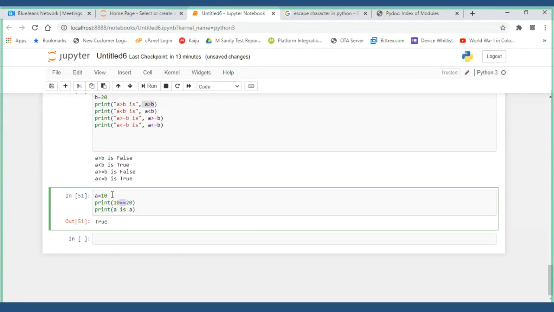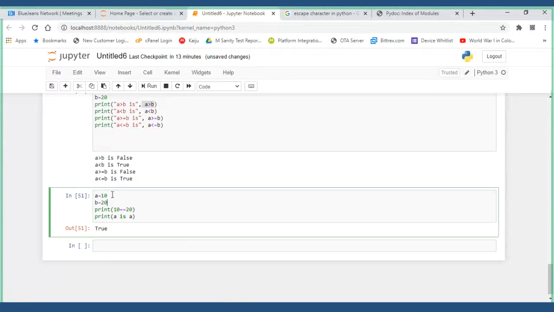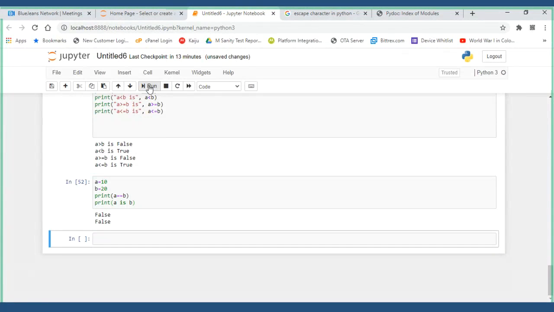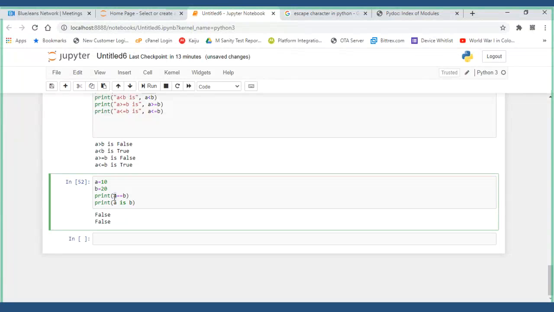If I have A is equal to 10 and B is equal to 20, see this: A equal to B. Now I will run this. The contents in the objects of A and B are same or not. Then it will say, boss, the value of A is 10 and the value of B is 20. It is false.